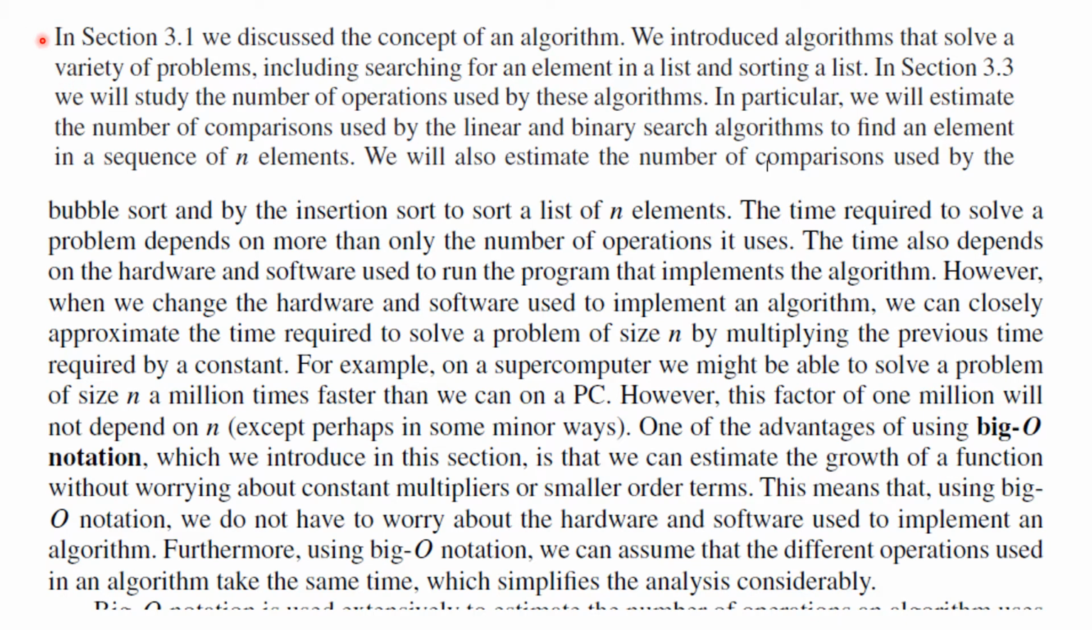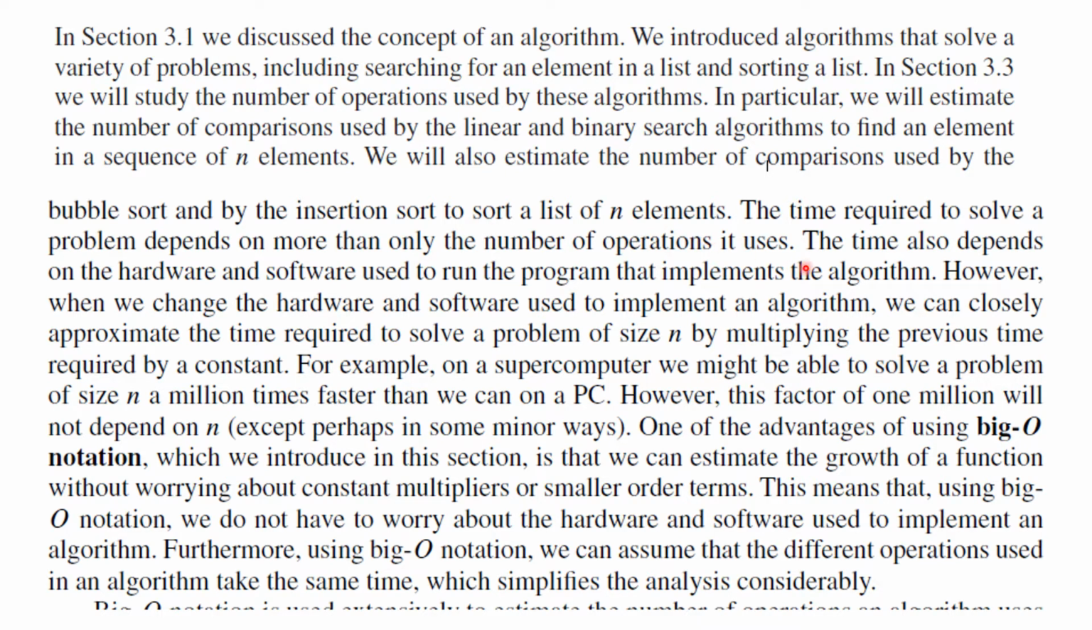In the last section, we talked about what an algorithm was, and we introduced algorithms that solve certain problems, including searching for an element in a list and sorting a list, a couple of ways to sort the list. Looking forward, we're going to study the number of operations used by certain algorithms, and we'll estimate the number of comparisons used by linear and binary search algorithms to find an element in a sequence of n elements. And we'll also estimate comparisons by using the bubble sort and by the insertion sort to sort a list of